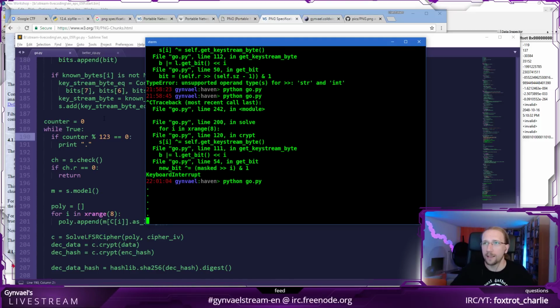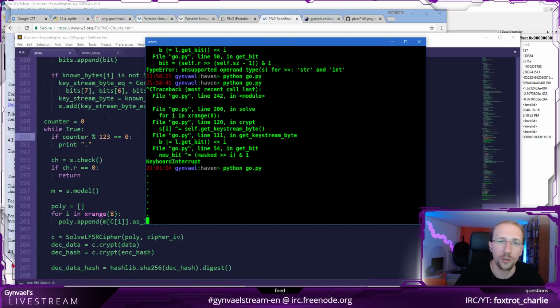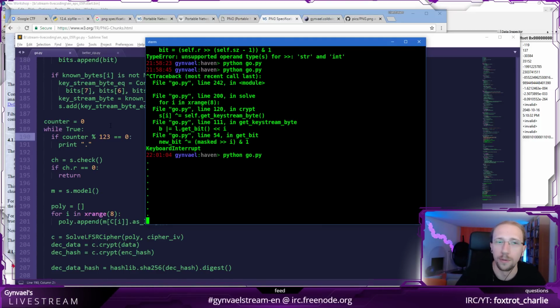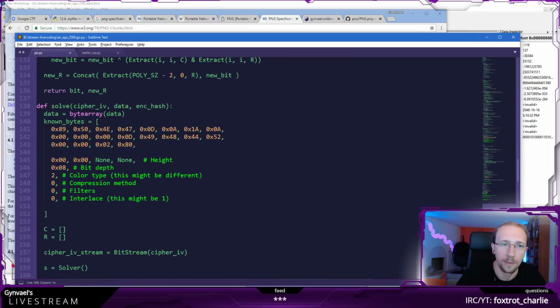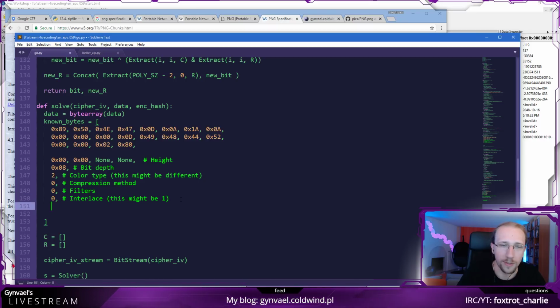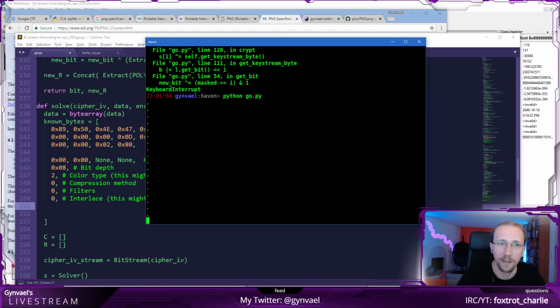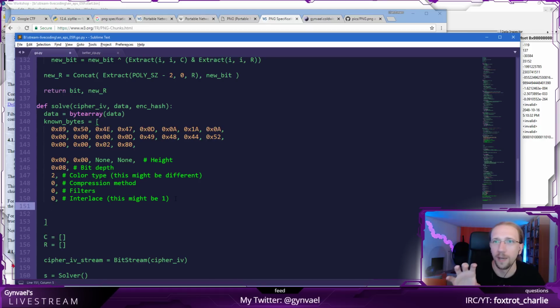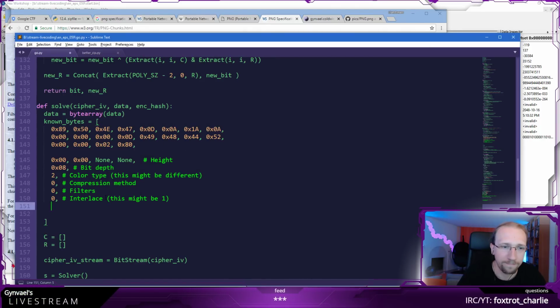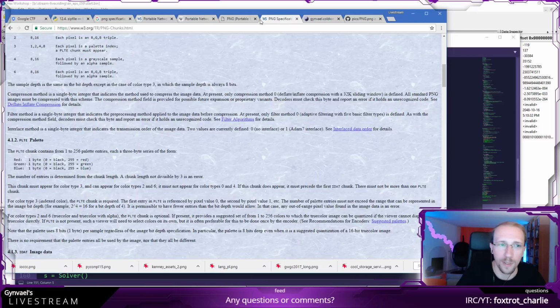Now, I can leave it like that, or I can look for some more probable known bytes. If I find a known byte, that's great, because that will really increase the speed. If I find 20 bytes, it will be instantaneous. So, let's find the next bytes then.